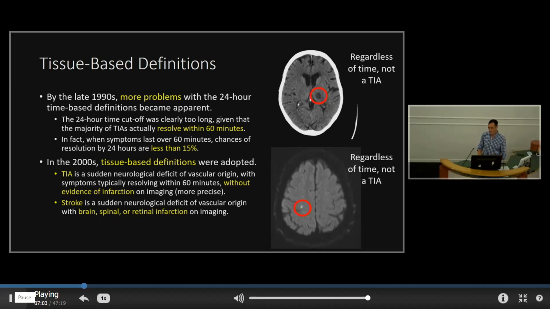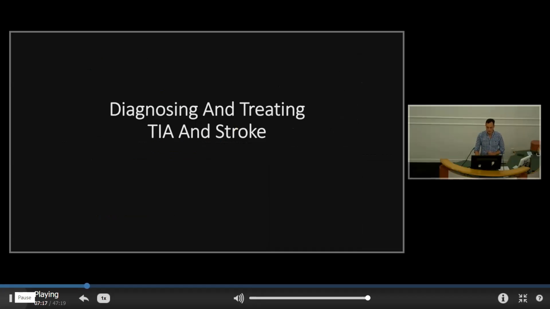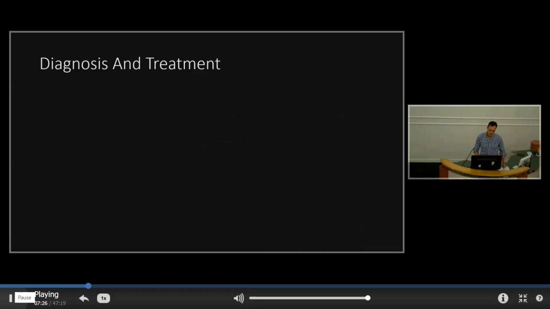So this is why imaging is so important in stroke. We use imaging actually as a biomarker to quantify whether this is a TIA or stroke or something else. It's just not a blood biomarker, which is what we normally think of with biomarkers. It's an imaging-based biomarker. Okay, so with that brief history and introduction, how do we diagnose and treat TIAs and strokes on the ward? So remember, I'm aiming at the simple concepts, not the exhaustive detail here.